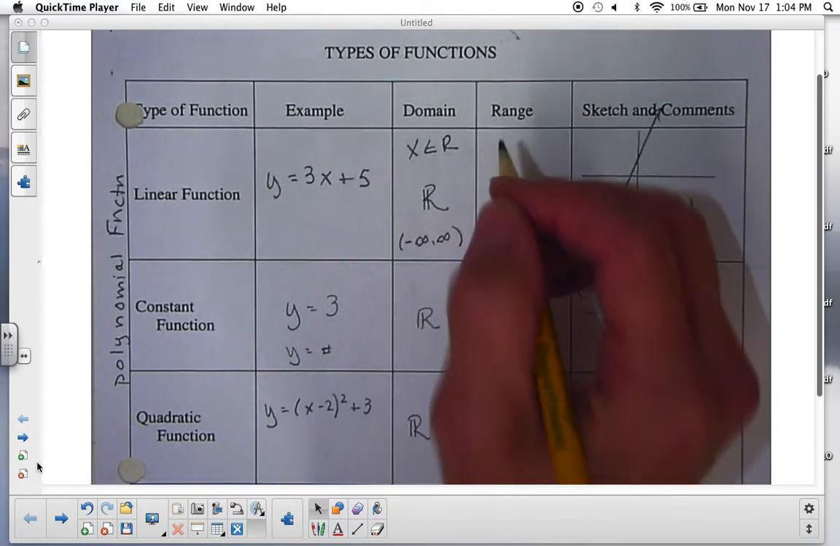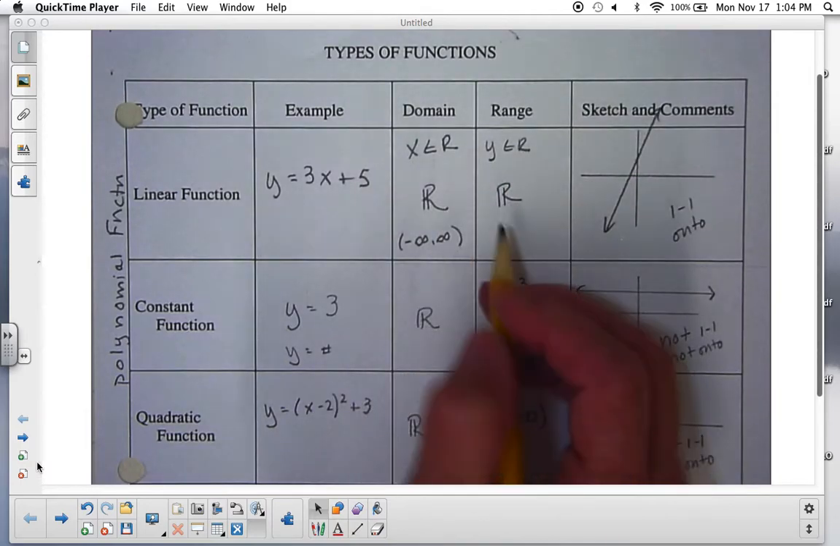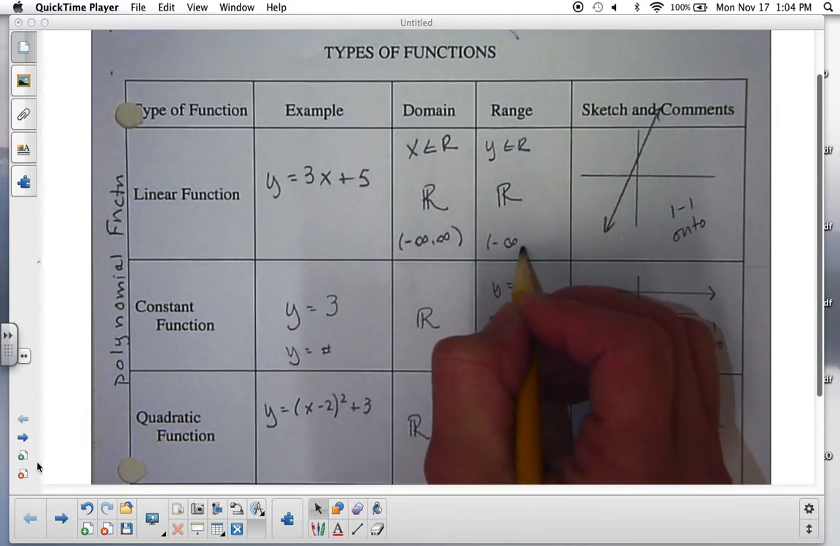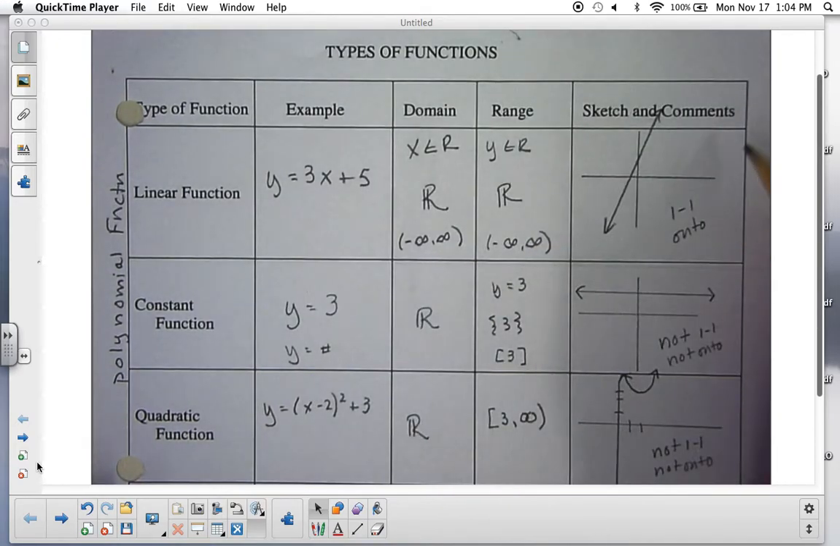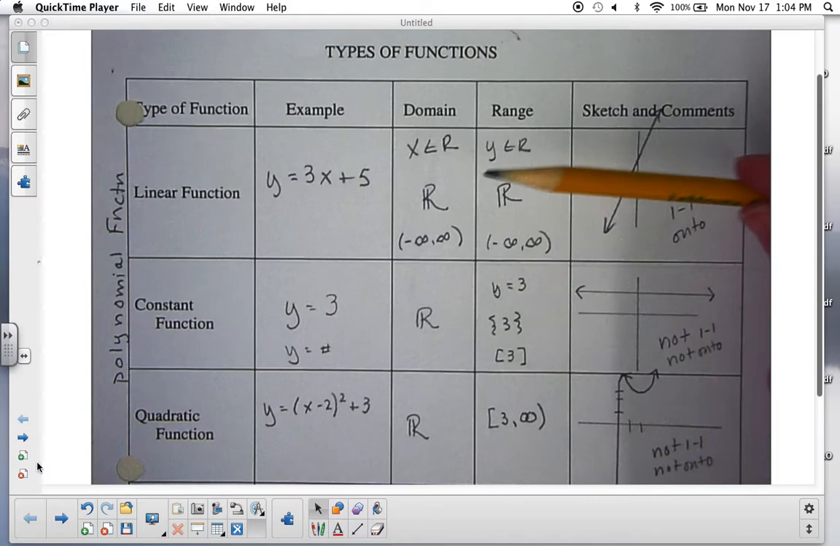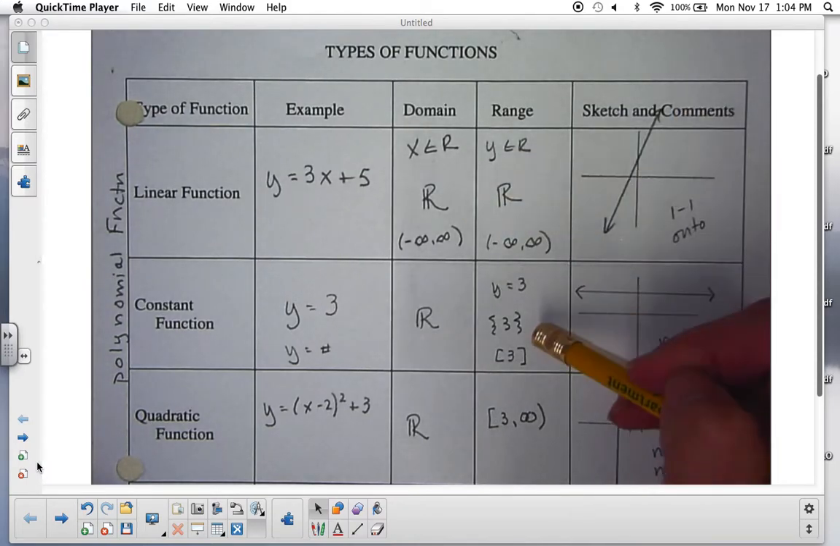Here I've shown you the 3 different ways you can write it. You can write it like that, you can write it like this, or you can write negative infinity to infinity, whatever way you're most comfortable with. And here on the end where I wrote comments, you could make a note to yourself that all linear functions are one-to-one and also onto. One-to-one because they pass the horizontal line test only touching once, onto because they go up and down forever and